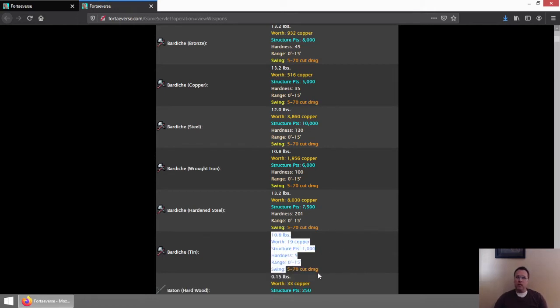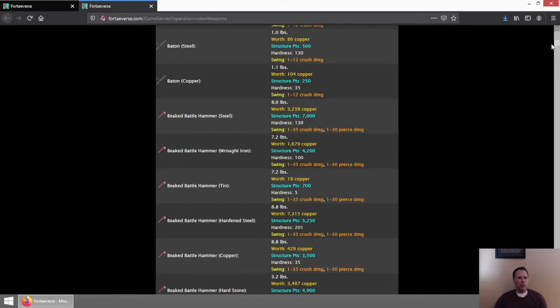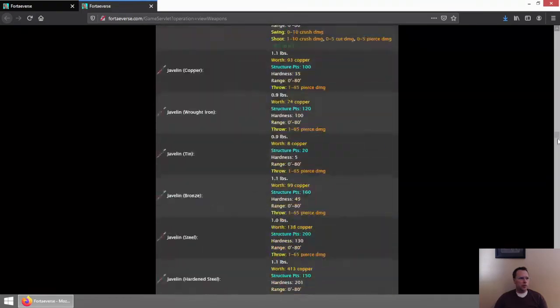Damage is the same if it's able to penetrate the armor. So it'll do just as much damage as the bronze, but it'll get destroyed very quickly and it'll have a really hard time penetrating armor that has a quite a bit higher hardness. So anyway, you can again peruse the list of all these weapons.